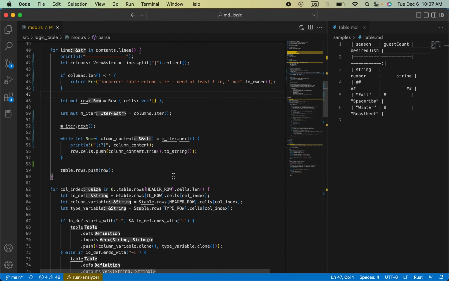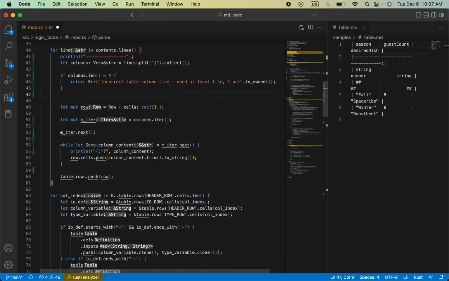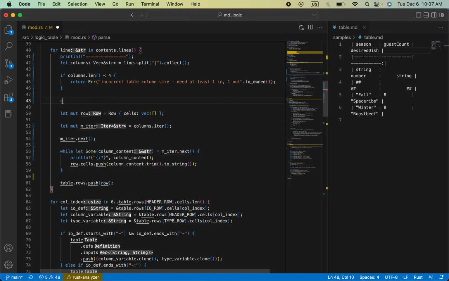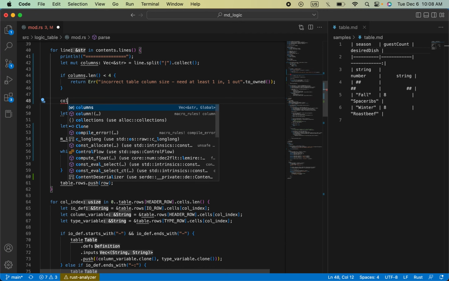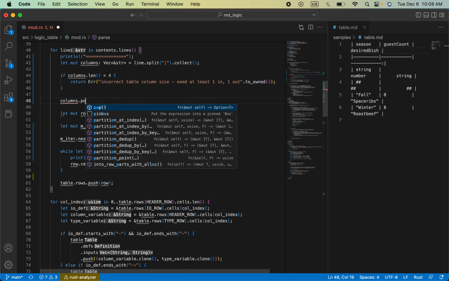I will think of removing the first and last one. Oh, easy. So it's split, it's done something. I should technically, yeah, have it as a mut. Columns, pop,